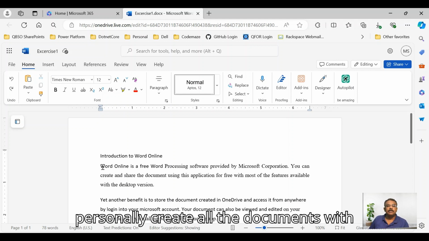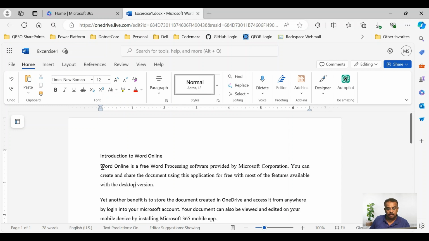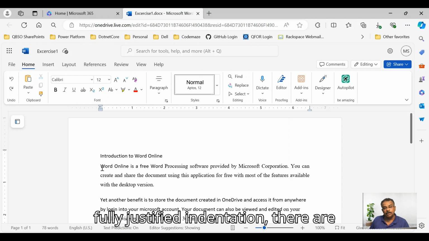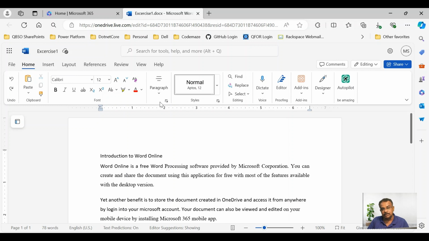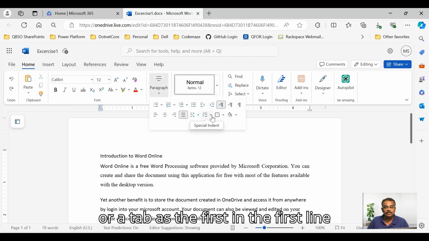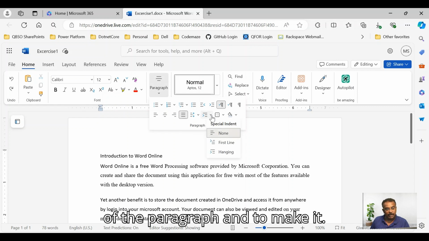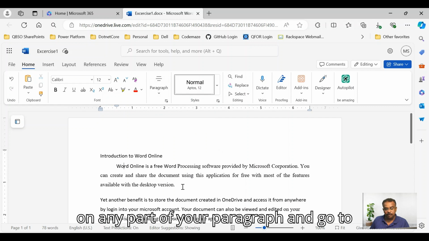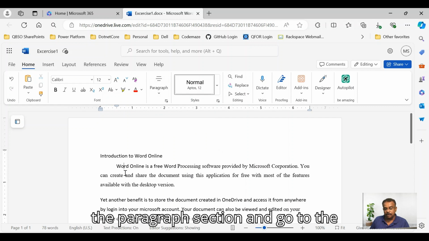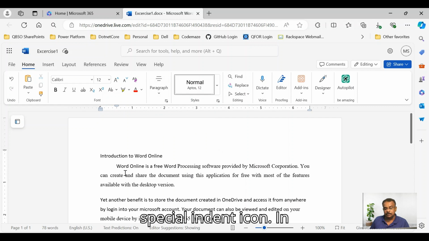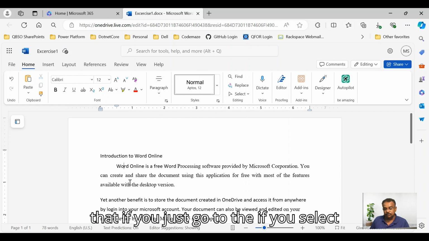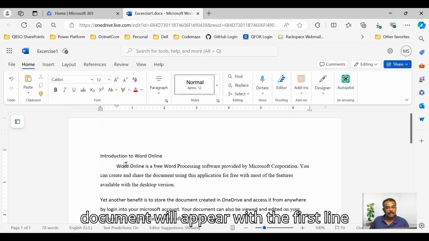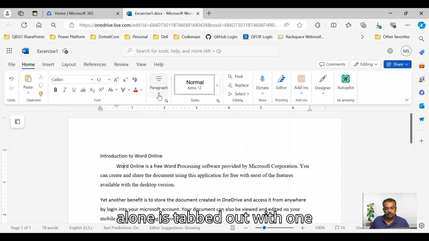While I personally create all documents with all the paragraphs starting off fully justified, there are a few people who will have some space or a tab in the first line of the paragraph. Word has given an option for that also. For that, just keep your cursor on any part of your paragraph, go to the paragraph section and go to the special indent icon. If you select the first line as indented, the document will appear with the first line alone tabbed out with one tab,